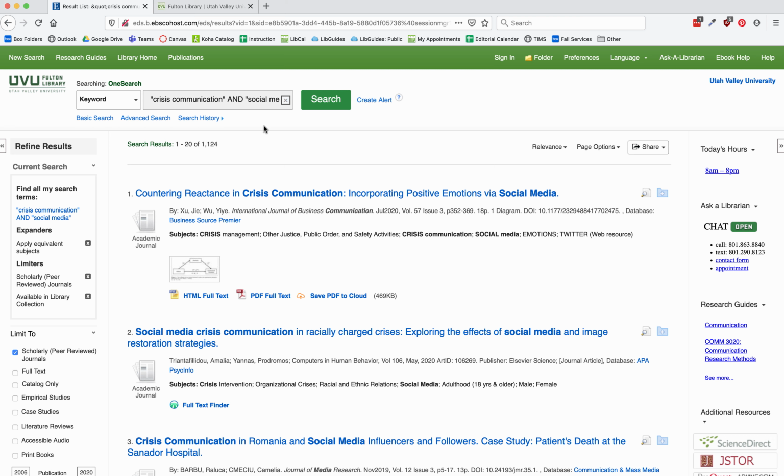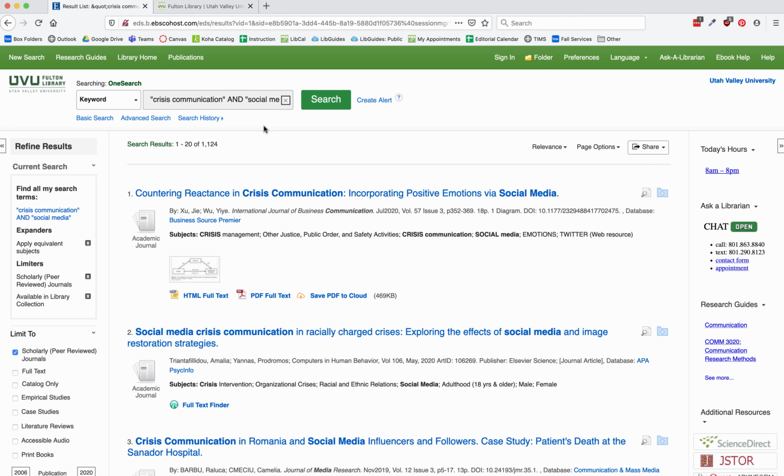Adding at least two search terms or phrases related to your topic is really helpful for finding the articles most useful to you. The "and" is important to include between your search terms, like I've done in this example. I've placed quotation marks around social media because it's also a two-word phrase. If I had searched for a single word like Twitter, I wouldn't have needed to use quotation marks.